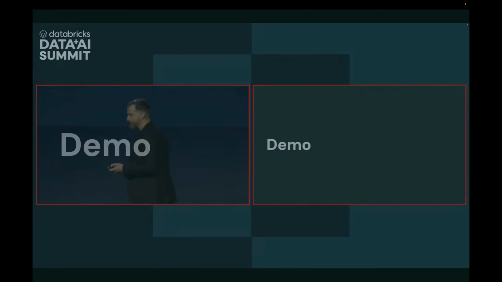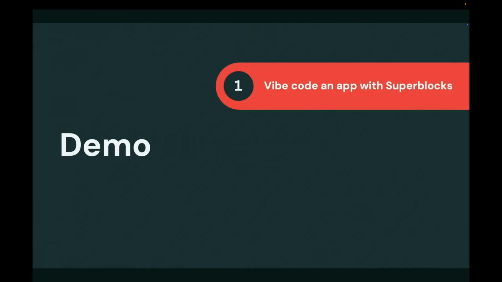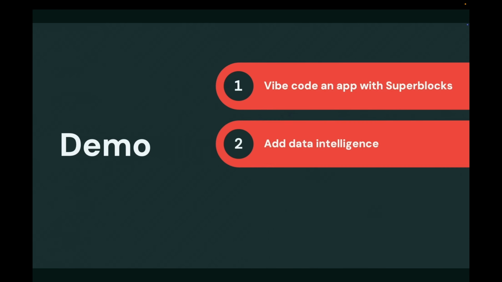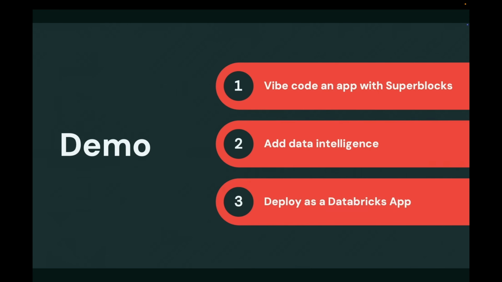So for this demo, we're going to try to bring it all together. We're going to show the development of an app with one of our app development partners, Superblocks. So we're going to generate that app with AI. We're going to infuse that app with data intelligence from the Databricks platform. And then we're going to deploy that app seamlessly as a Databricks app. And once I catch my breath over here, we can